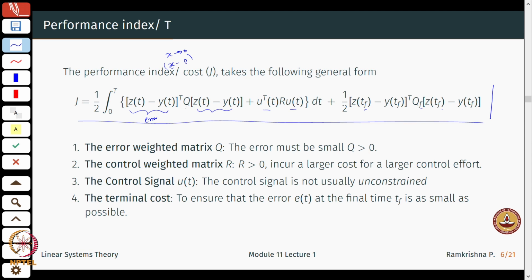I'll tell you what this means. This is the input, again some matrix R here. Okay, so we'll come to this term a little later. So first is the first one. The first is the error weighted matrix Q. Usually we would want the error to be small. Okay, so this usually has the form one half E transpose Q E. Lots of people use this 1/2 just because when you differentiate, the 2 will go away, but without loss of generality you can also remove the 1/2. So I am looking at a signal which is of this form, E transpose(t) Q E(t).